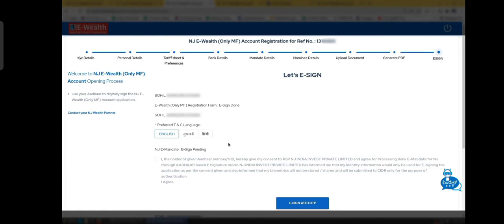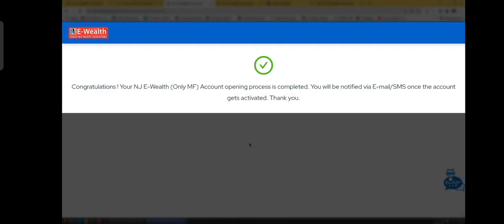Next, the applicant has to complete the e-sign for NJ e-mandate. Please note that the process for doing e-sign is the same as we have discussed for eWealth account opening. Now once the e-sign for e-mandate is done, a confirmation